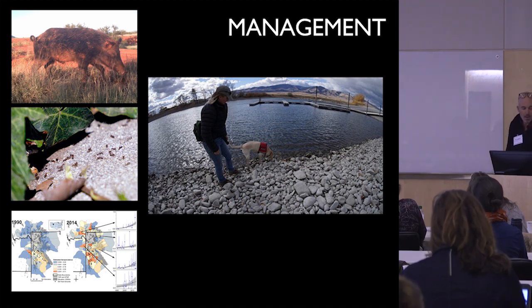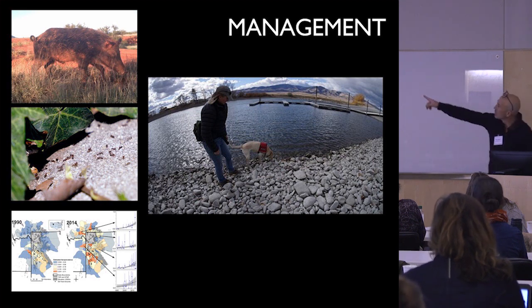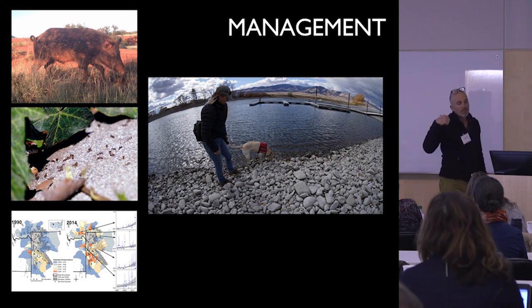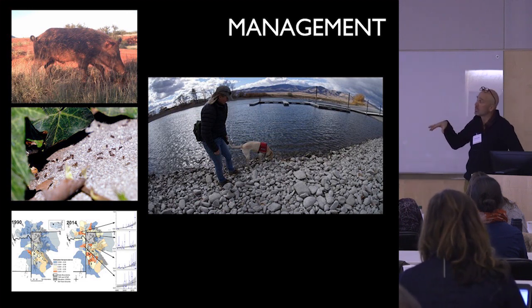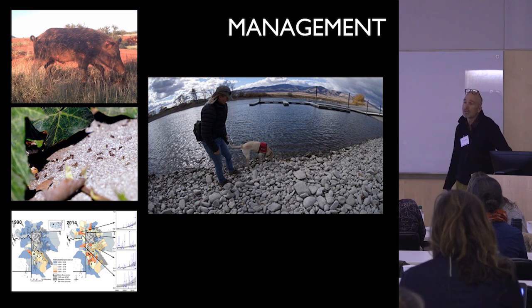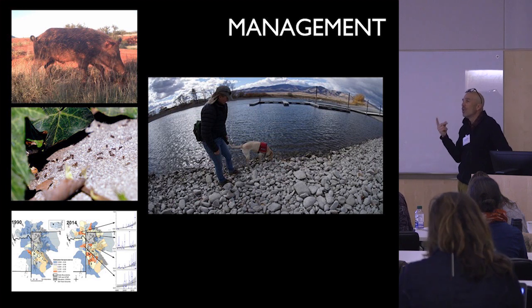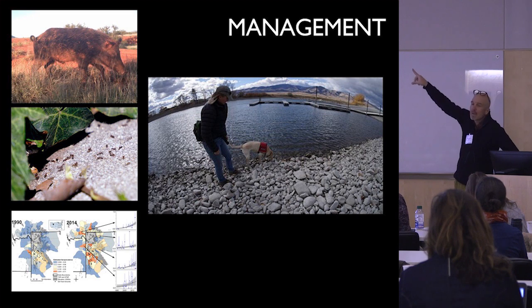just recently, well, the first picture here, this is actually Lily again and Amy. This was just last week, looking for settled mussels in a reservoir in Montana called Canyon Ferry. We had, 2 years ago, a DNA sample, water samples from 2 water bodies in Montana came up positive for mussels. No one has yet confirmed mussels in either of those areas. So this time of the year, when the reservoirs are drawn down as low as they're going to go,